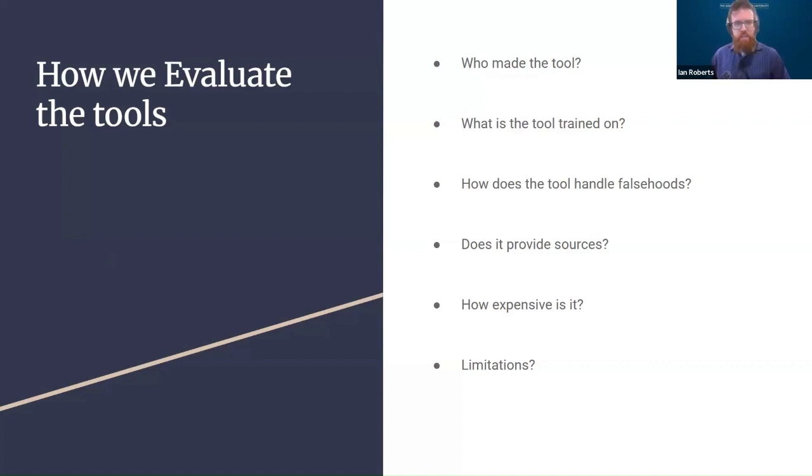Fourth, sorry. Does it provide sources? What sources does it cite? Are those sources real? Does it accurately describe the source? Does it cite any source? Some AI tools are reluctant to even give you the source, as I said above. When it does, ascertain whether that source is reliable.